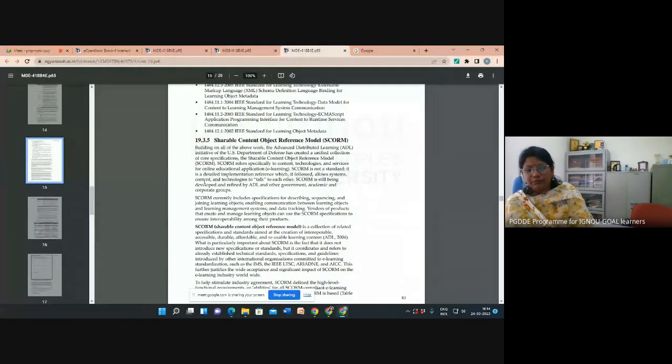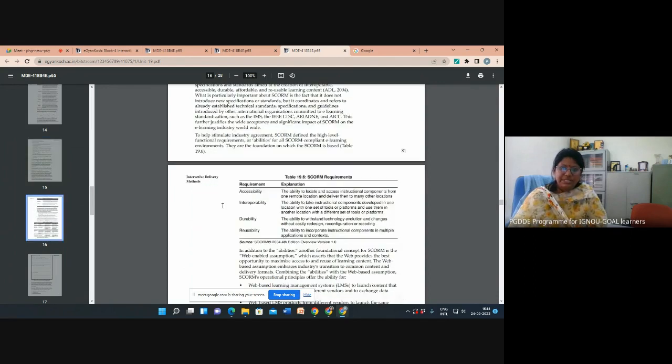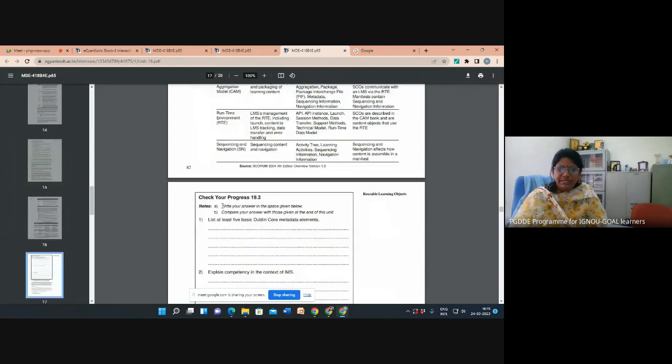The software simply facilitates it. It used to ask you whether you want to save as a SCORM model or whether you want to save as an IMS model. You can select, depending on your LMS, and then save it and take it to the LMS for using this type of learning content, learning objects. So this is very important.